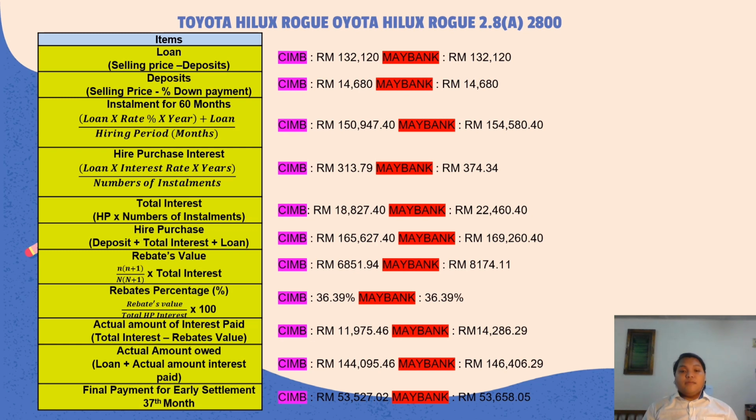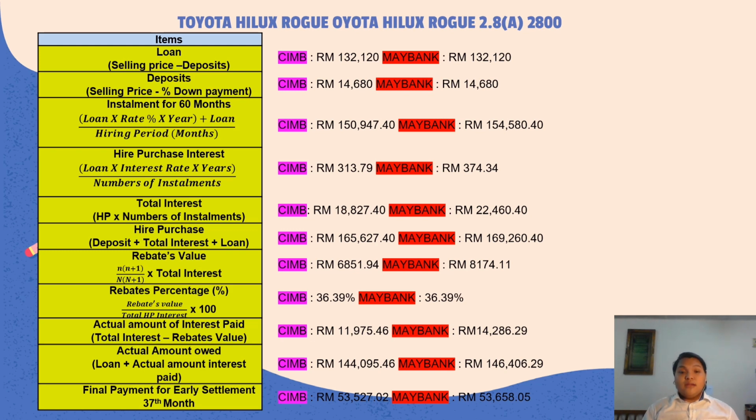In CIMB Bank, we are getting 36.39%. For Maybank, we are getting the same, which is 36.39%. Actual amount of interest paid: total interest minus rebates value. In CIMB Bank, we are getting 11,975 ringgit 46 cent. For Maybank, we are getting